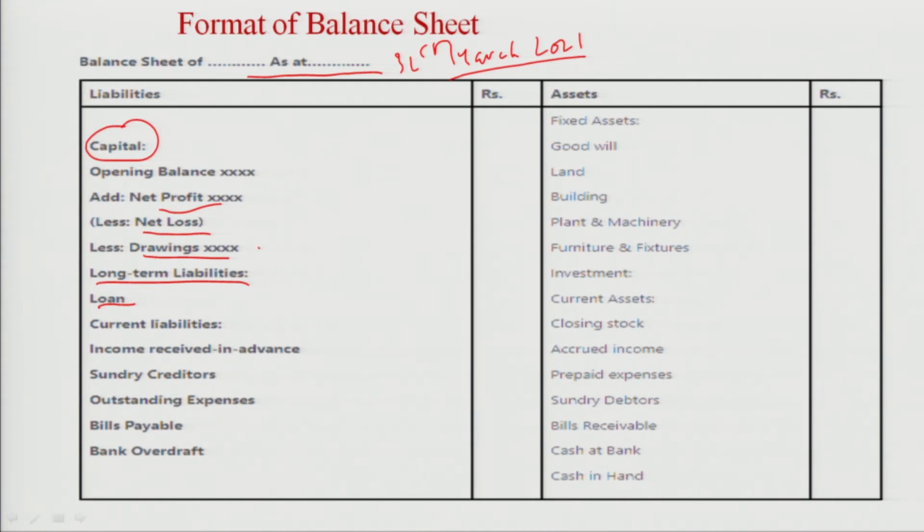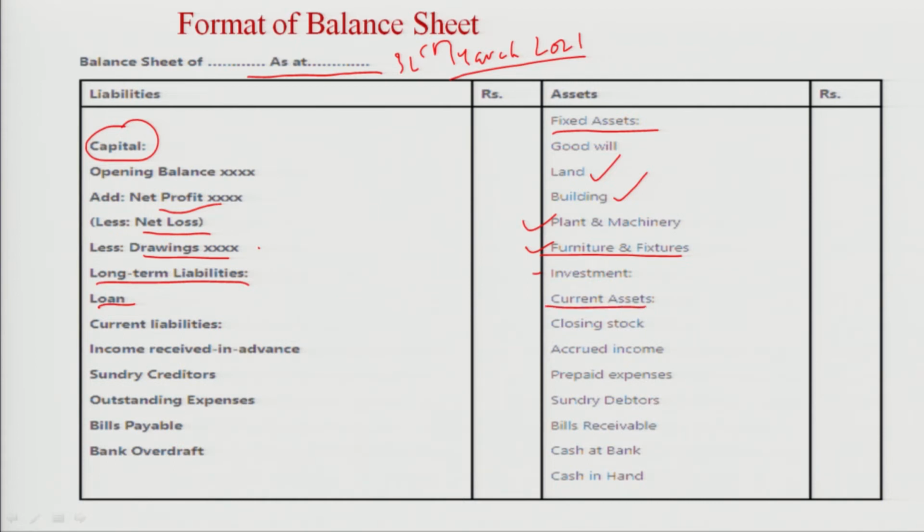Let's talk about the asset side. So, the asset side has different types of assets. Fixed assets, sorry, goodwill is not a part of fixed assets, it is an intangible or fictitious asset. So, land is a part of fixed assets, building is a part of fixed assets, plant and machinery, furniture are part of fixed assets. Investments, if you invest somewhere, आपने कहीं इन्वेस्ट किया वो यहाँ पे आएगा।